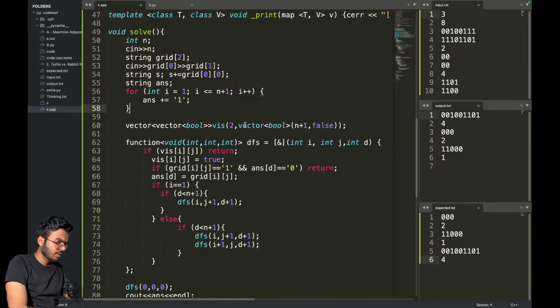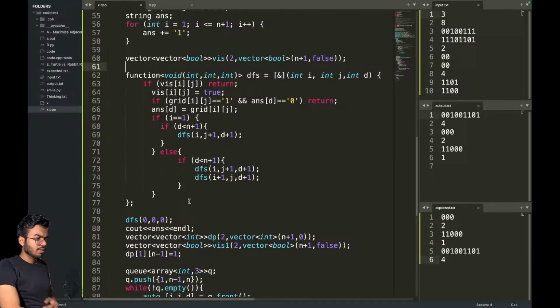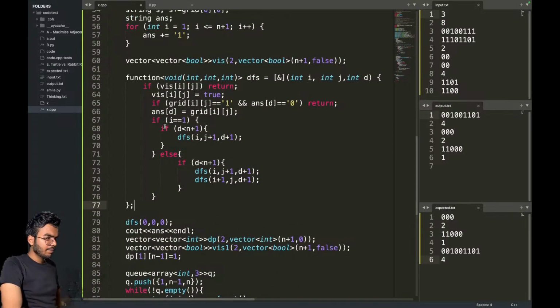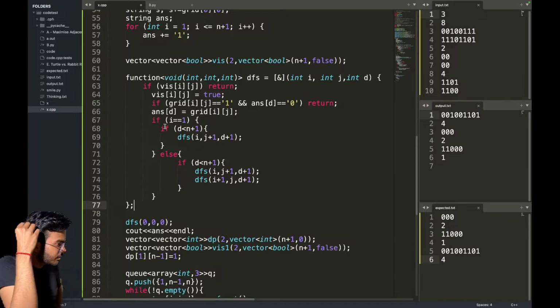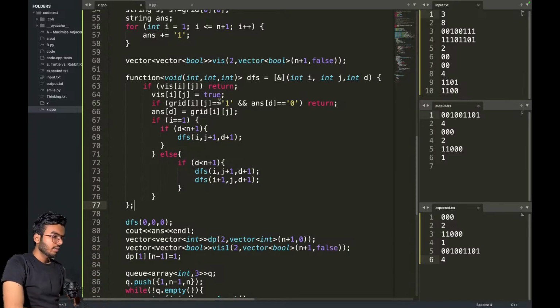Yeah, this is correct. Then we have n plus 1. So it might happen that I'm not actually calculating the smallest path. That is, can it happen? So if I'm at 0, 0, 0, then okay. So if grid of ij is greater than answer of d,